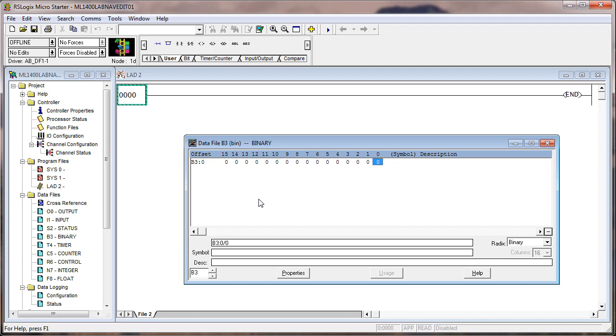B3, that's the first data file that you're going to use a lot. And notice that there is one 16-bit word. That's an integer. B3:0 is an integer. So I can show it in decimal. See, this would be B3:0 right here. B3:1, B3:2,